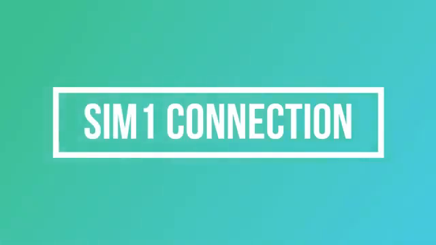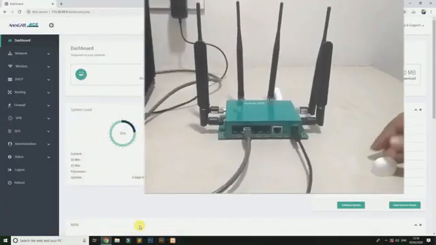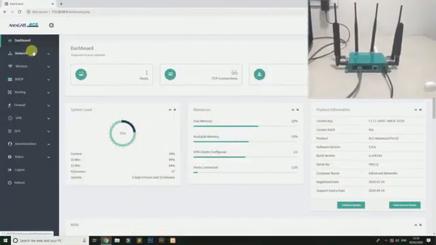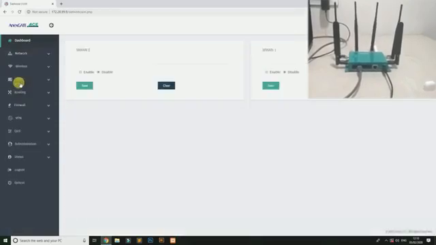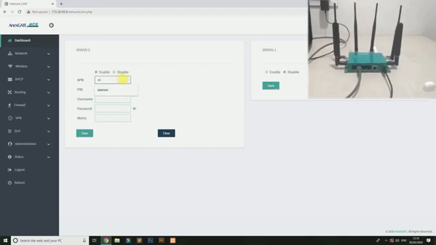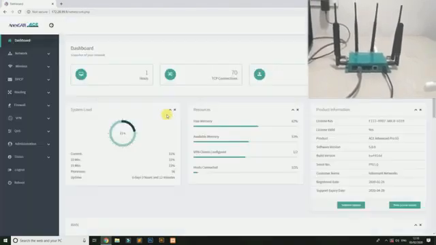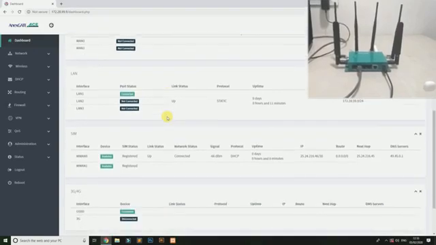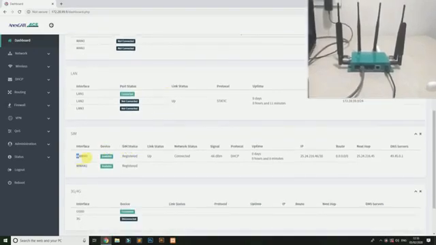We first set up SIM 1. You can check the status of this connection on the dashboard.